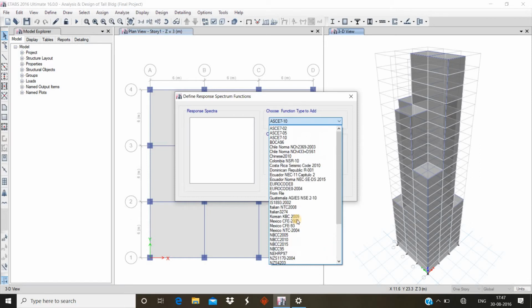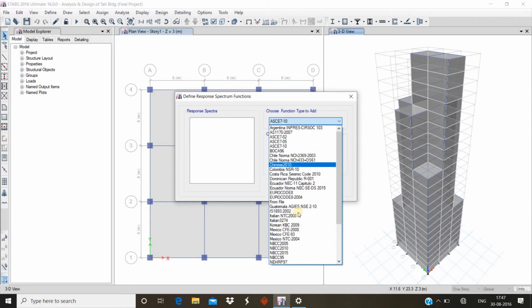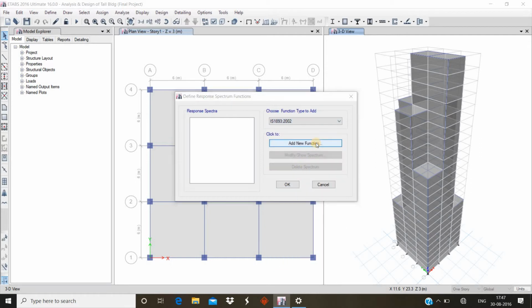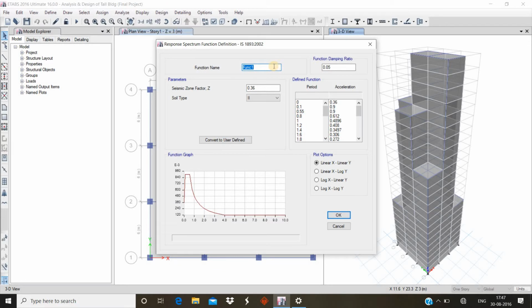Then add new function, then the function name is response spectrum, so name it as response spectrum.